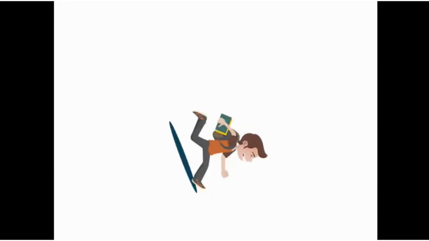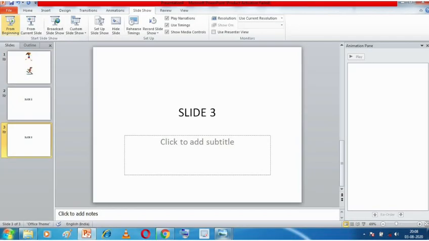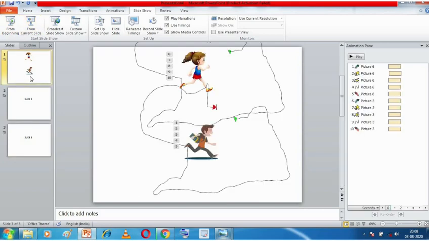Look at your slideshow, it's from the beginning, and now I'm clicking on the mouse. The animations are happening because I have selected on click. Now I'll not click, and the second slide will automatically change to the third slide after 5 seconds. See, after 5 seconds it has changed. So this is how you can view your transition effects.